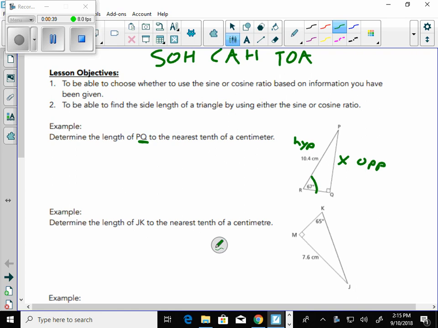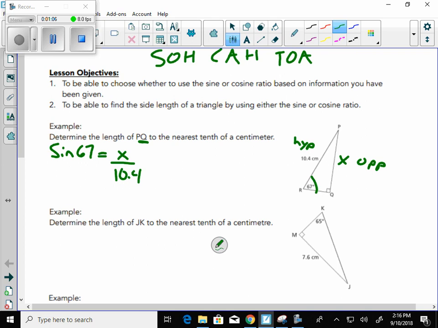Now, which one uses hypotenuse and opposite? SOH. So. Sine. So you use sine, okay? So sine 67 degrees equals opposite, which we don't know, over